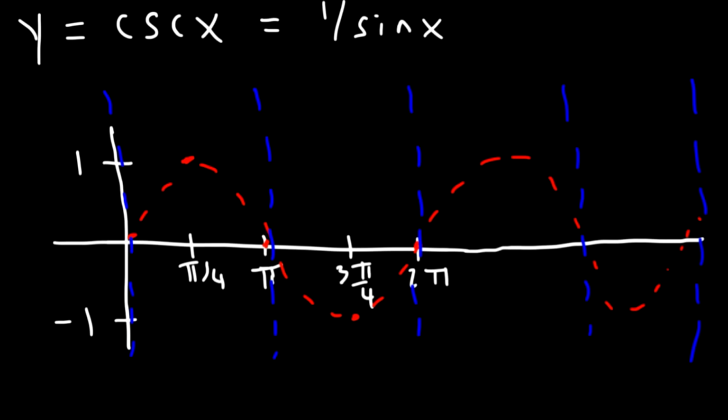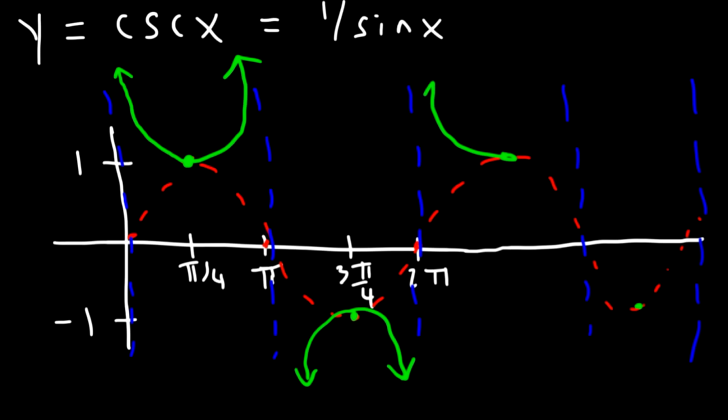So now what should we do at this point? So at this point, we can graph the cosecant function. Cosecant is going to share the same y value as sine at the highest point and at the lowest point. So that's at 1 and negative 1. All you need to do is draw the reflection, and it's going to stay in the bounds of the vertical asymptotes. So the green part of the function,